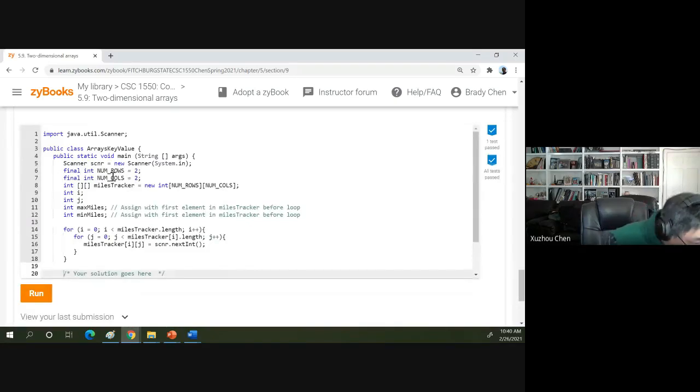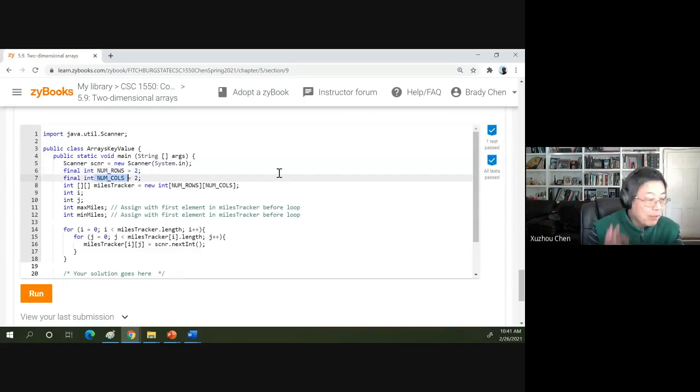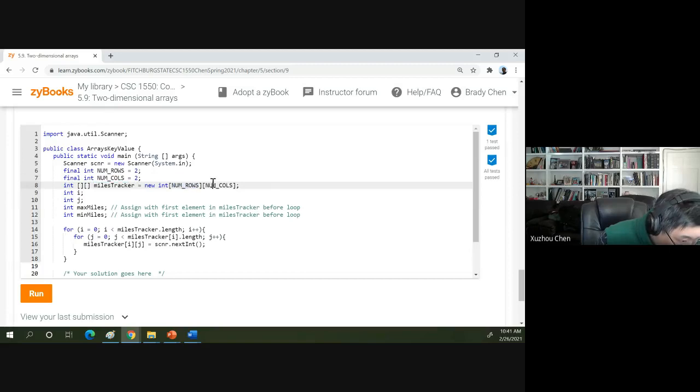Okay, so we have a scanner, and we define the number of rows and number of columns. So number of rows 2, number of columns 2. That means it looks like a 2 by 2, two-dimensional array. So mile tracker is a two-dimensional array. And then you're gonna find the maximum miles in the mile tracker and the minimum miles